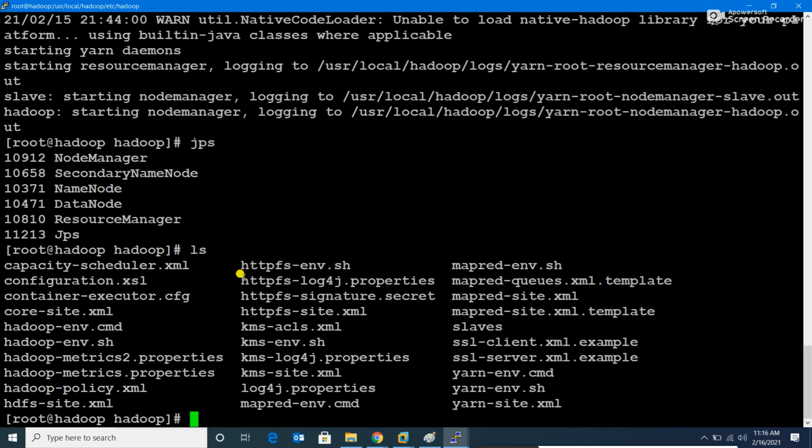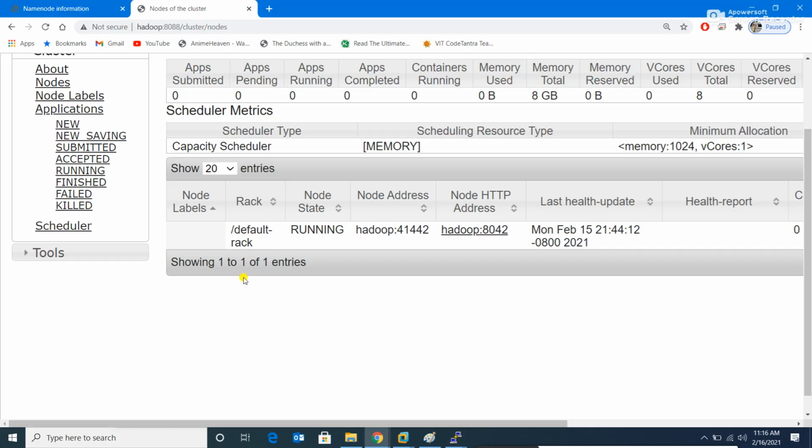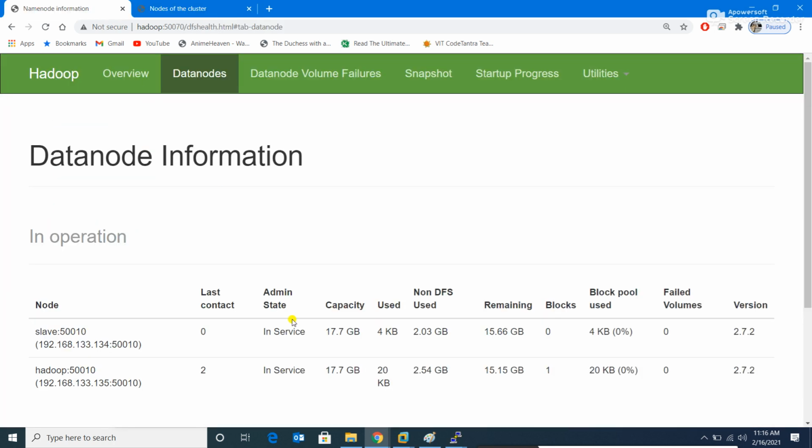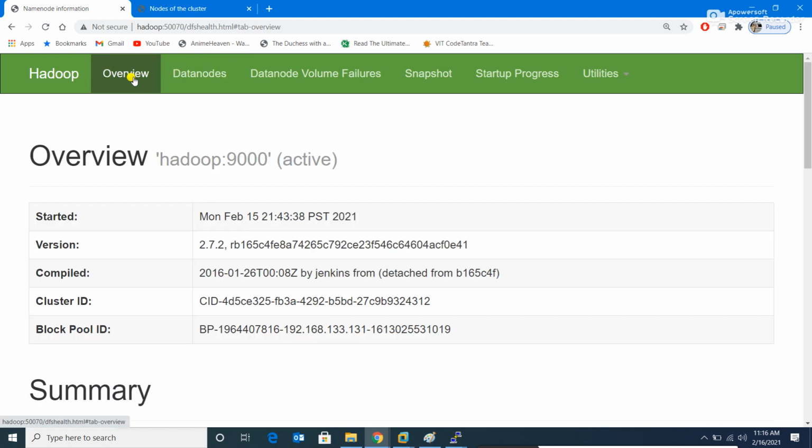So here, yarn env slaves we have put here. Okay, so this I'll just check. Why are two entries not here? Okay, so for storage we have successfully been able to configure two nodes. Now whatever data you will be storing, that data will be going into two nodes at the back end.